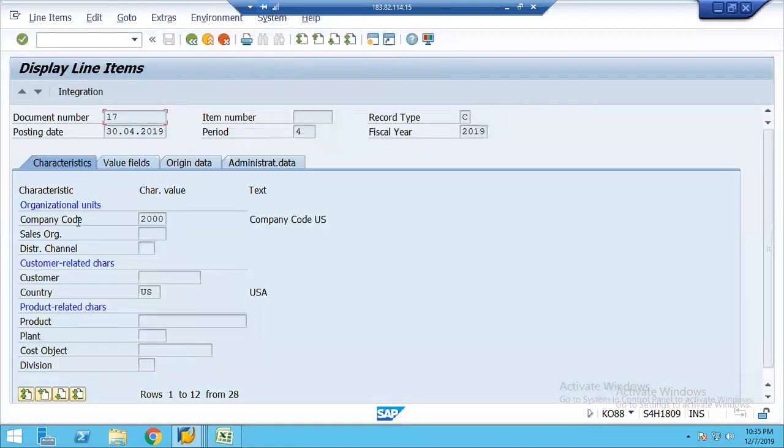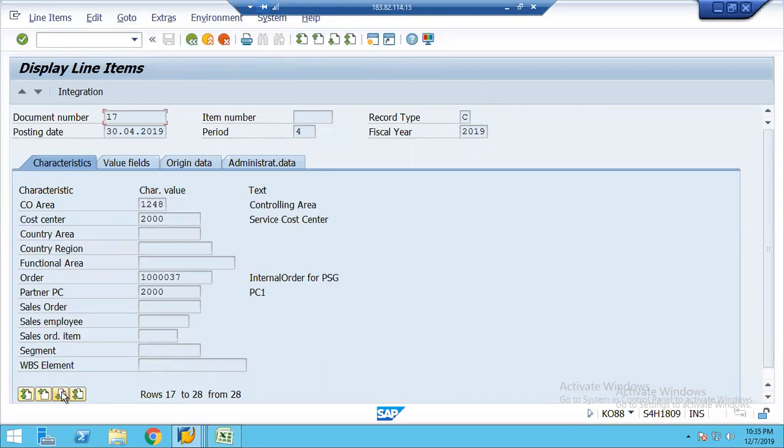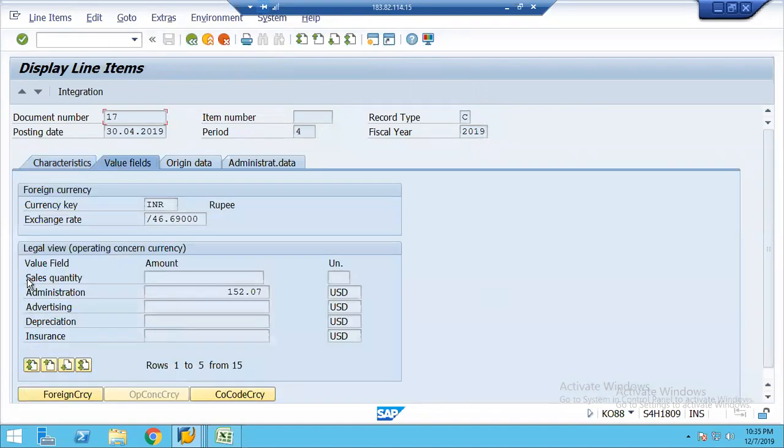Now coming to the profitability analysis. Double click on profitability analysis, company code US, and you can see the profit center, controlling area, cost center, order, partner profit center, all those things automatically. We got them automatically. Now coming to the value field, you have administration $152. Why did we get 152? Just scroll down. 150 rent,